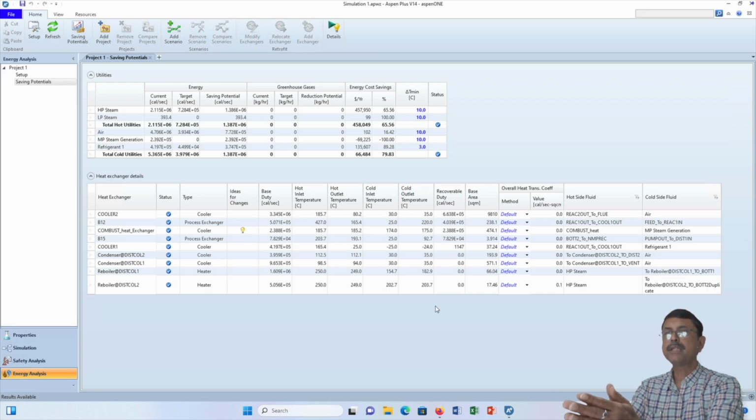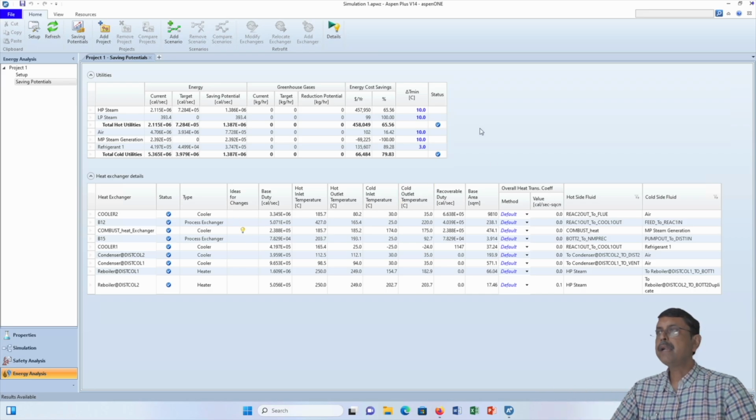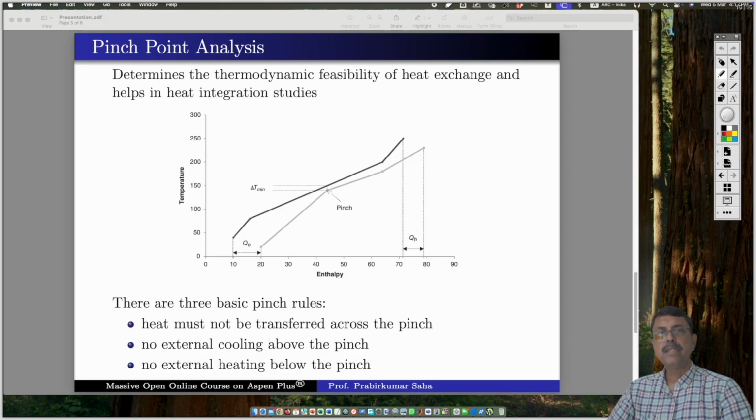Now, the saving potential is given in this table in a nutshell, but actually the Aspen Plus does a lot of calculation in order to arrive at this table. Now, the question is, how do you know what is the best possible heat exchanger network that will give you the maximum savings? For that, there is a technique associated with this that is called pinch point analysis. In the pinch point analysis, it determines the thermodynamic feasibility of the heat exchange and it helps in heat integration